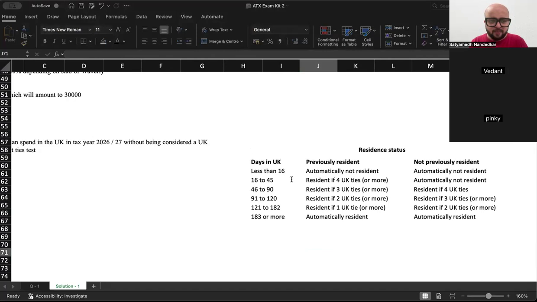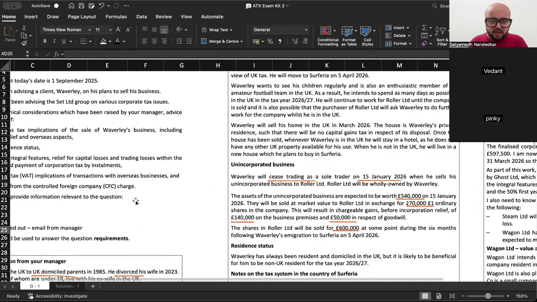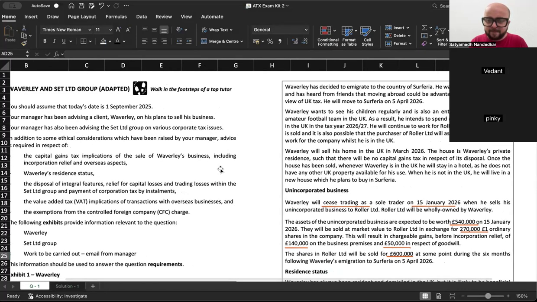अब ये देखो। You have to check whether this person was earlier resident in the UK or was he not resident in the UK. ठीक है। Waverley in this case was earlier resident in the UK, है ना। When did he leave the country? He left the country on 15th of Jan 2026 if I am not mistaken. Let's come here and check the date. Oh no, he moved to Surfiria on 5th of April 26. उसका टैक्स ईयर कब शुरू होता है? उसका टैक्स ईयर शुरू होता है 26-27, 6th of April 26 से उसका न्यू टैक्स ईयर स्टार्ट्स।